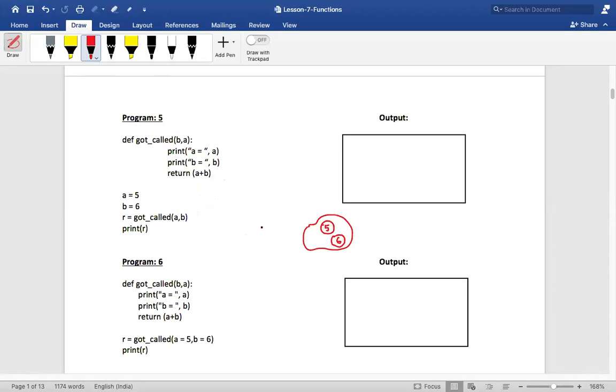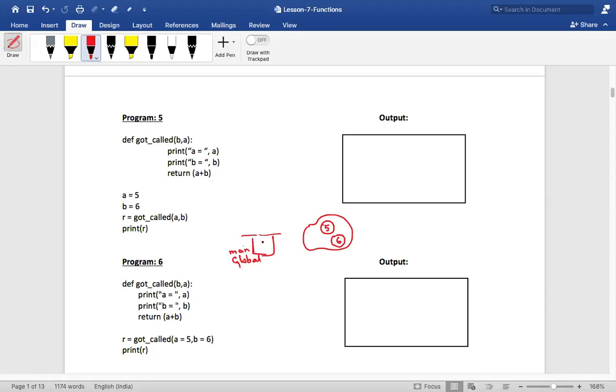Now let me take one more context, the first context. What is the first context? It is the main, isn't it, Akshada? Yes, sir. The main context or the global context. People with C knowledge and Java knowledge, don't take it too far. Don't try to compare it with C and Java. This works in a very different way. I'm just trying to give you one diagram for your explanation.